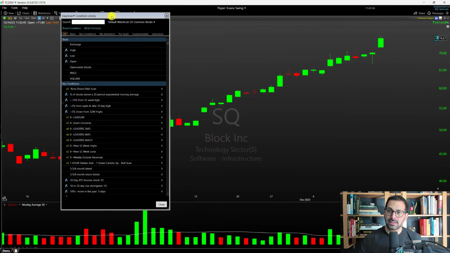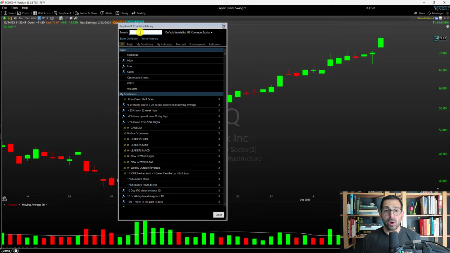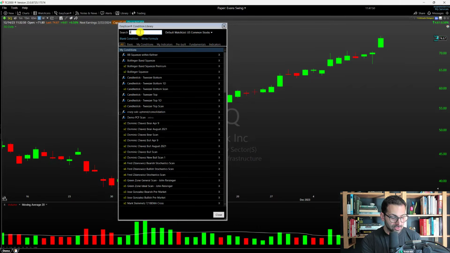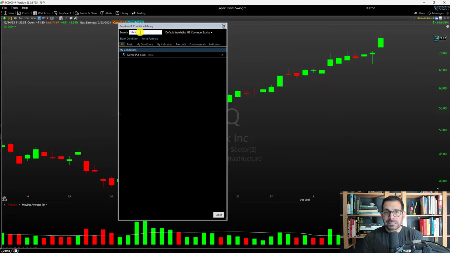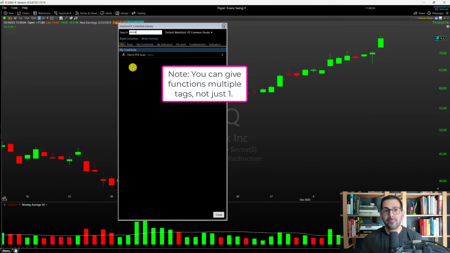I'm going to go to my easy scan here, and I already figured out what I named it, but I do remember I used the word zebra. And if I type in zebra, you can see here is actually what I truly called it, which was Demo PCF Scan. And then in this light gray text here, you see the word zebra. That is a tag. So because I tagged my formula with zebra, that is a quick way I can call